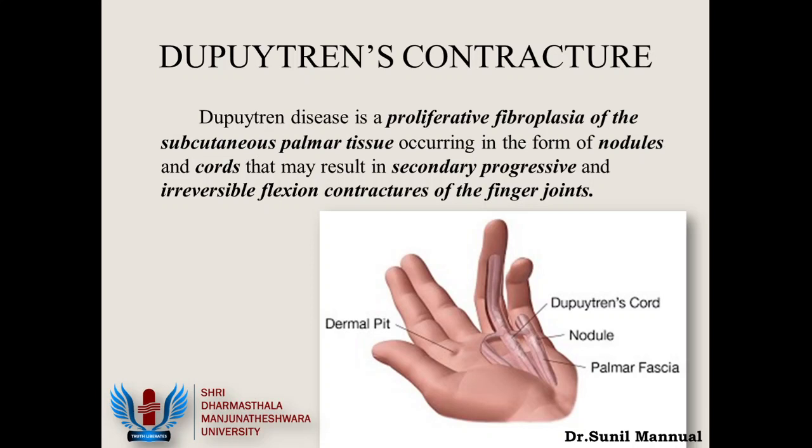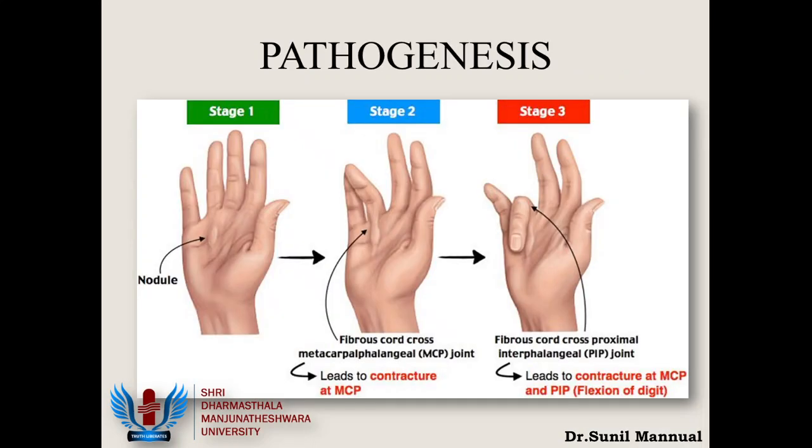Slide number 29 shows the different phases of the disease. In the first phase, we'll be able to palpate nodules in the palm and some small restriction of the fingers. In stage 2, we can see that there is contracture of the metacarpophalangeal joint. That's because the fibrous cord is now extending along into the fingers. And in stage 3, there is a complete contracture of the metacarpophalangeal joint, leading to occupation of the finger in the hand. So that severely restricts the general function of the hand itself.